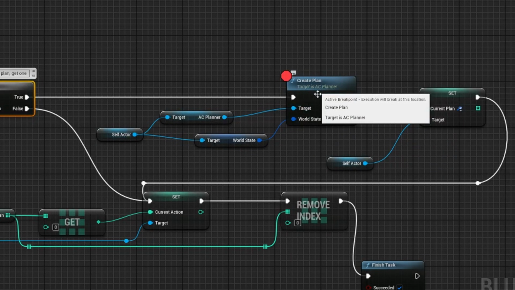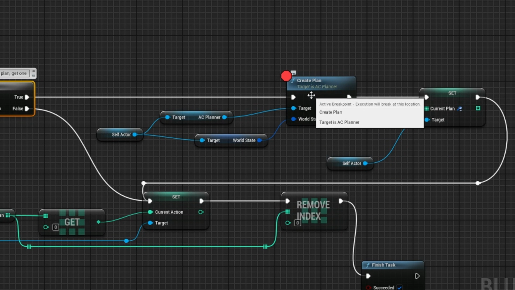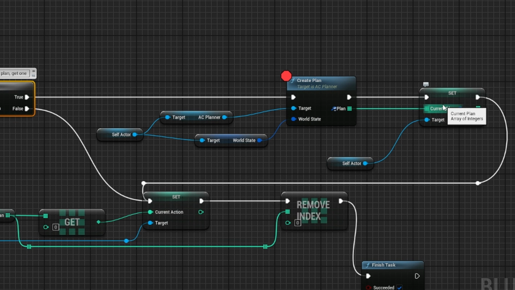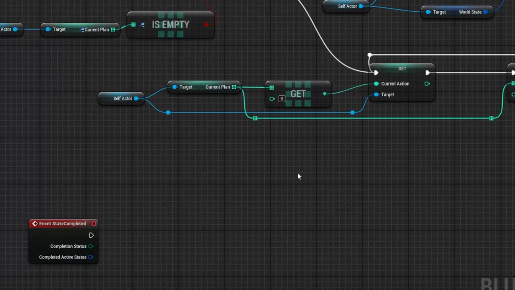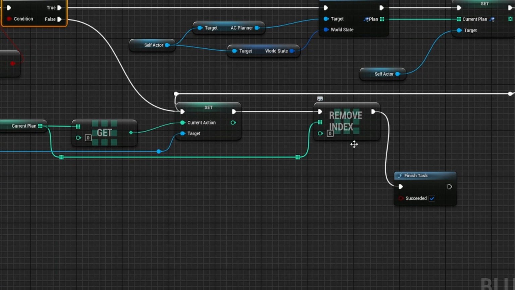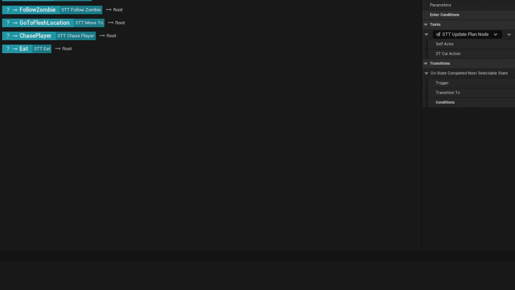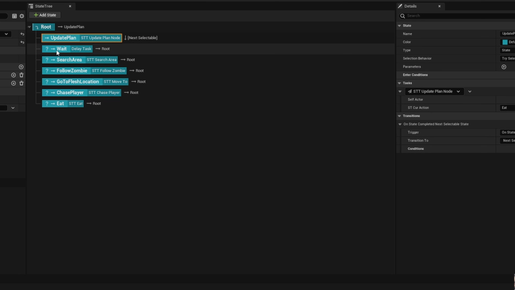So it calls this create plan function that requests a plan from the planner. The planner returns the plan as an array of integers. Those integers align with the numbering of the action nodes in our graph. And then it'll set the actor's current action to the integer at index 0 of the current plan, and it'll remove that index. And after it finishes, it pops back out to the state tree,